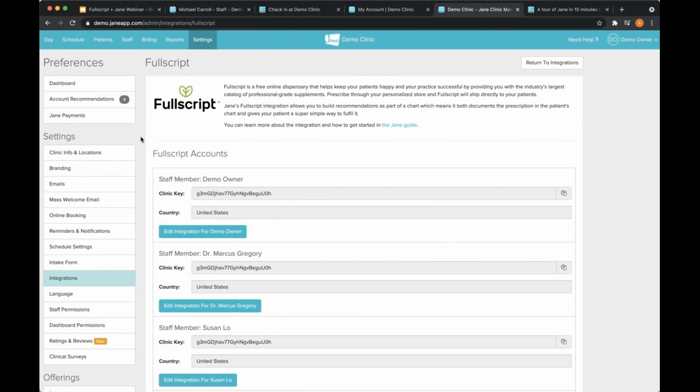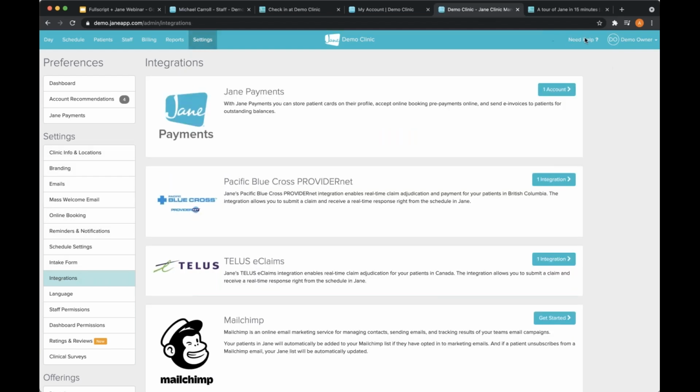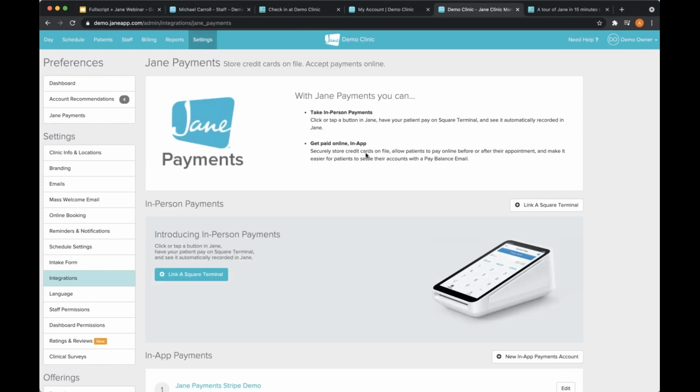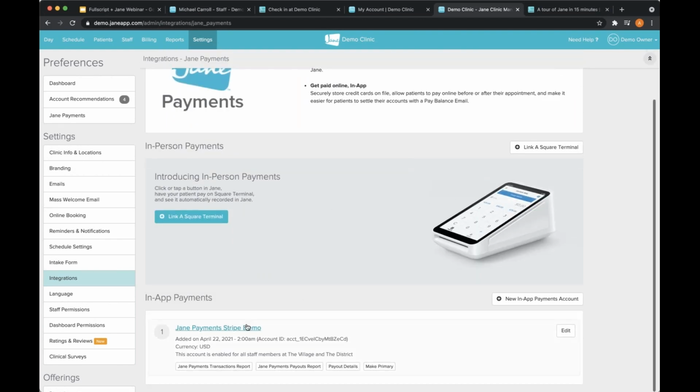Yeah, so it actually depends. I will say keeping a note of someone's credit card is definitely not a good idea. But when it comes to Jane and our integrations, one of our integrations here is Jane Payments. And Jane Payments is what you've been seeing me use for entering credit cards and all of that. Jane Payments is an integration with both Square and Stripe.